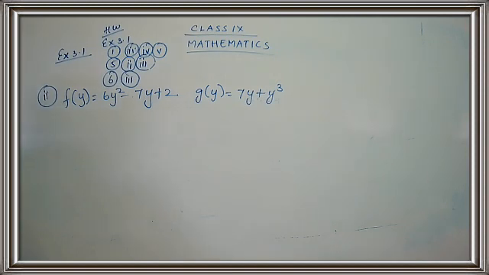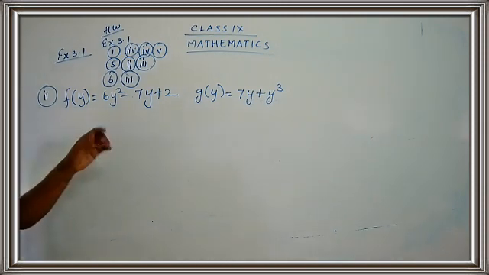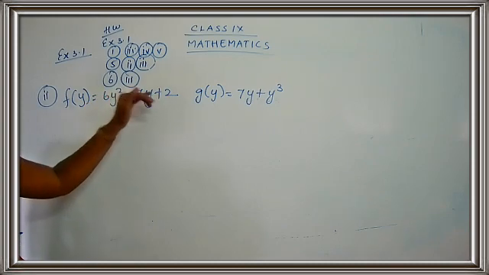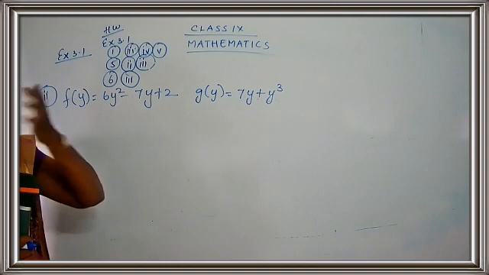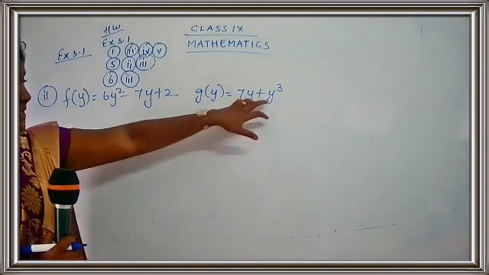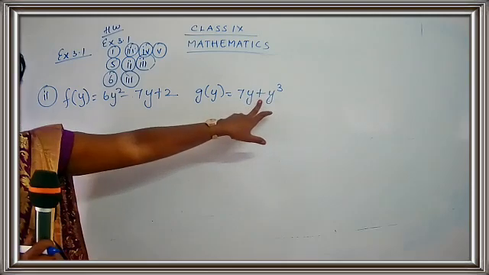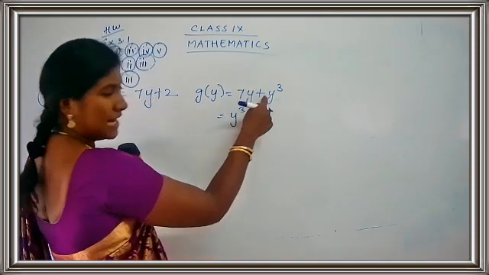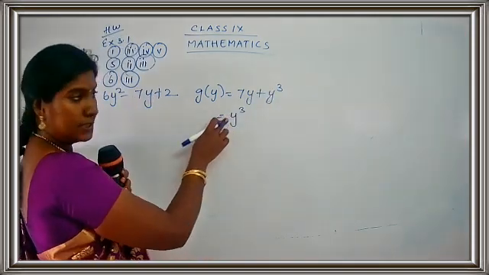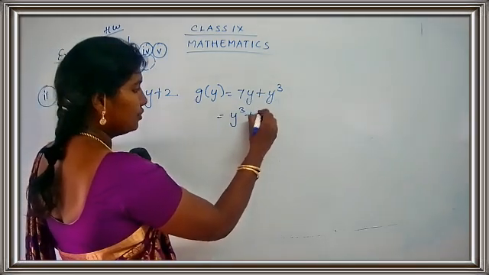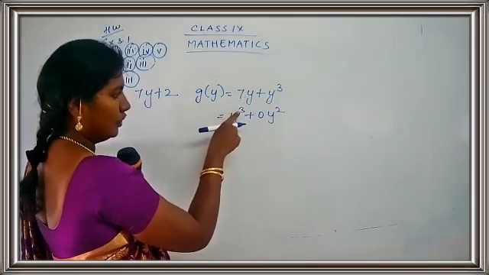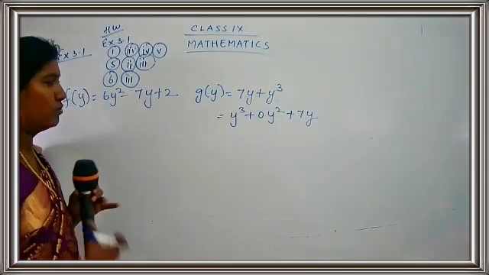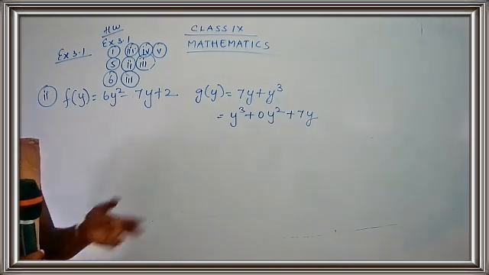But before going with the sum, let us fill in some of the incomplete details over here. Now this is in the form of 2, 1, 0. We have 2, the power is 1, the power is 0 here. Now here, some of the terms are missing. Some of the powers are missing. You see here, you have y cube, you don't have the square part. So first of all, I'll write y cube. Because this is addition, no need to worry. There is no y square term, so I'll put 0 y square, then plus 7y. And no constant is there, so you can put 0, or just keep adding.